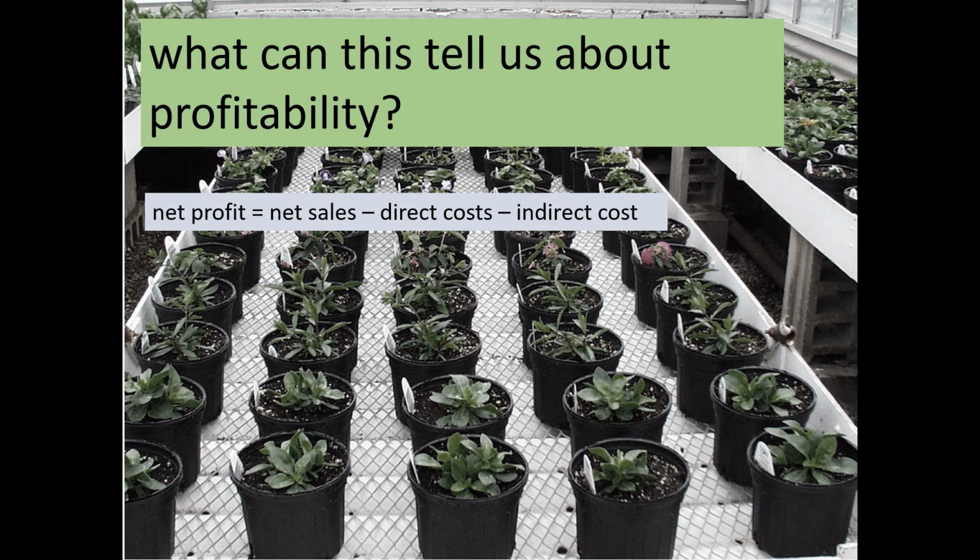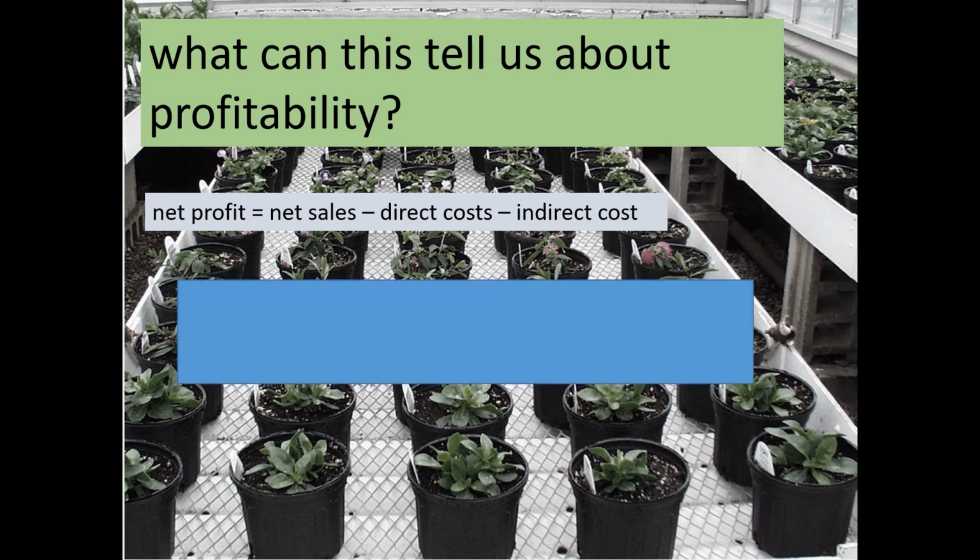So if we look at this, our net profit is our net sales minus the direct costs and the indirect costs, which looks complicated, but very simply, how much money we made is how many ka-chings came through the register minus the direct costs and minus the indirect costs. So if we look at that geranium we were just looking at, if we say we have $5 in net sales, if someone's alarm is going off, that's okay. This is a little bit of a trick. I'm gonna fix it in a minute. If we say we have $5 of net sales, so we're selling the geranium for $5.